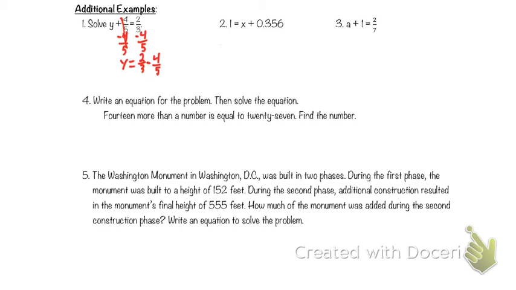So how are we going to get that first fraction to have a denominator 15, Courtney? You take 3 times 5, and then you take 2 times 5, whatever you did to the bottom and the top. Yep, we have to multiply the top and the bottom by 5. So I'm going to write 5 times on the top and the bottom. I'm going to do it in different colors so you guys can see what I'm doing there. So now I'm going to have y is equal to 10 over 15